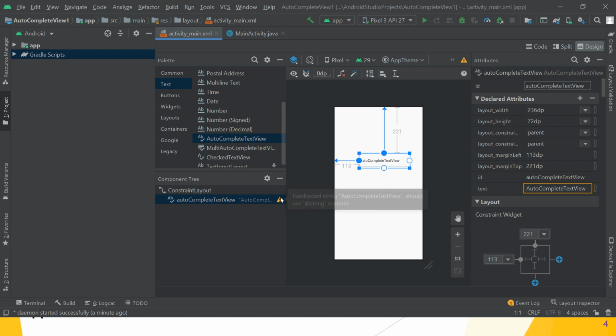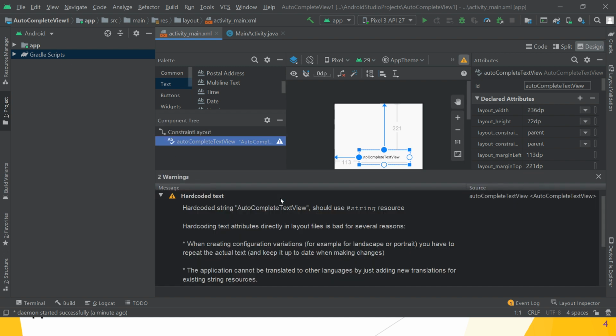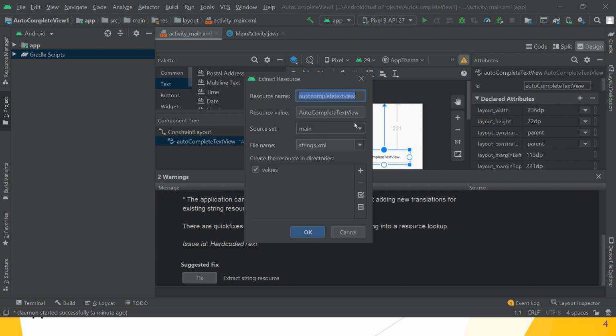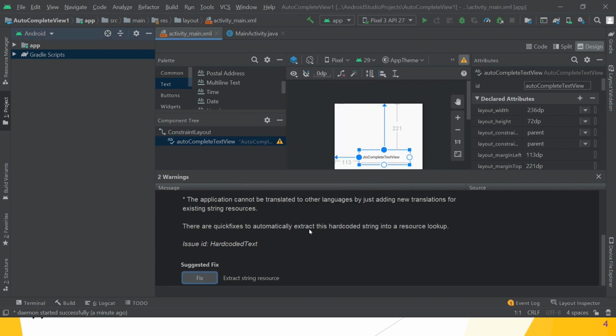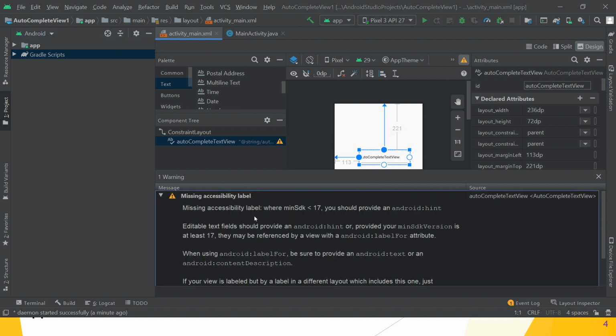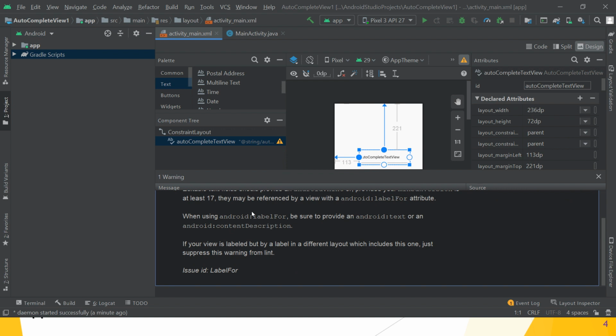Next, what is the next thing? So for the hardcoded text warning, click on Fix and click on OK. So the warning is also resolved. Great. So now give the ID to your view.